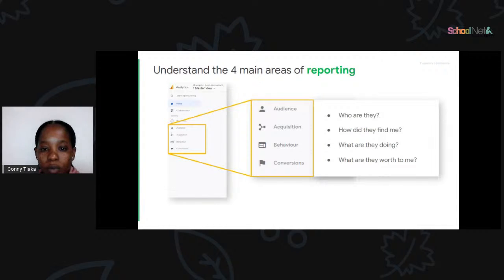You need to see those areas in the navigation menu. That is where you find all 4 main areas of reporting.